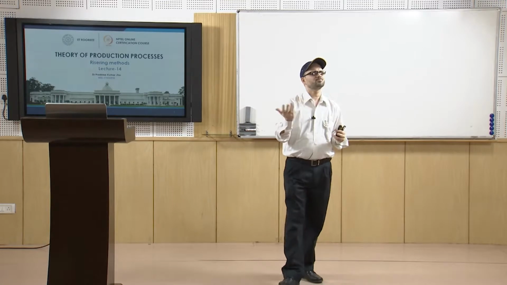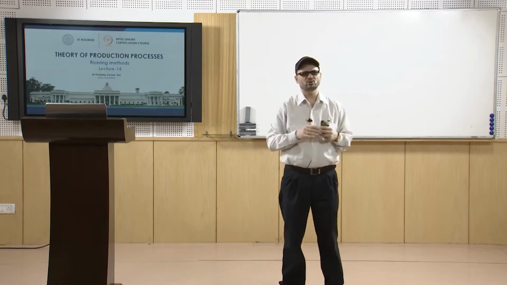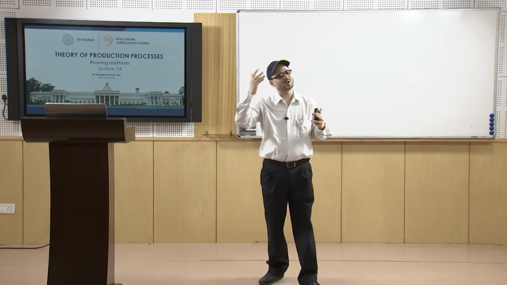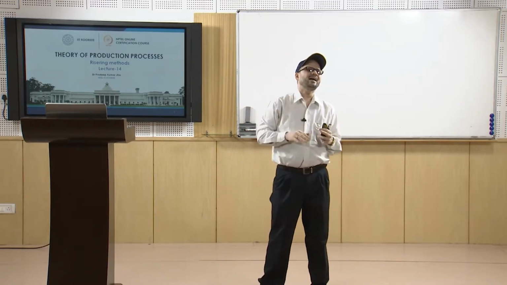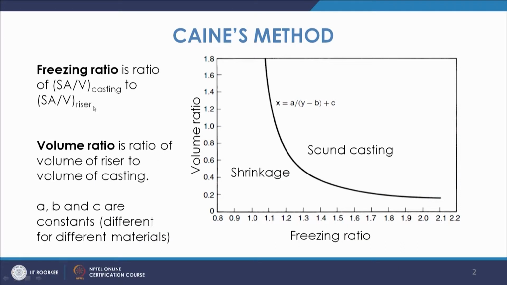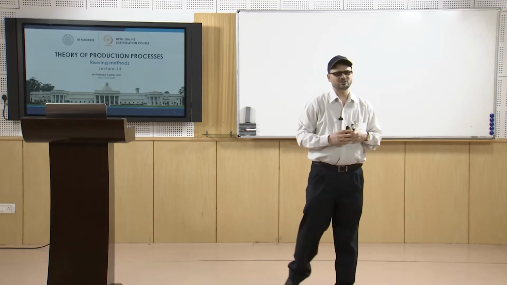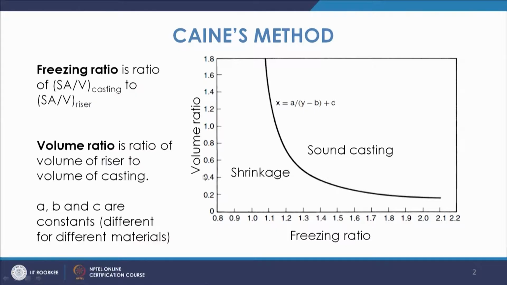V by A is somewhat proportional to solidification time, because T is proportional to V by SA squared, and its inverse is SA by V. So the freezing ratio is the ratio of SA by V of casting to SA by V of riser, or V by SA of the riser to V by SA of casting. That is the x dimension, and the y axis is the volume ratio,